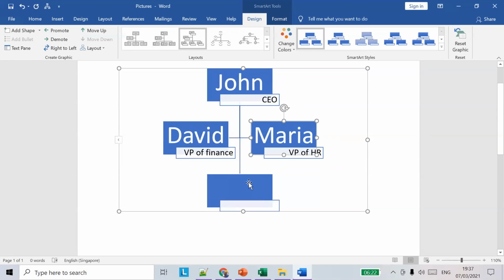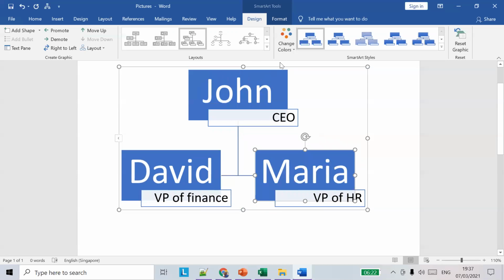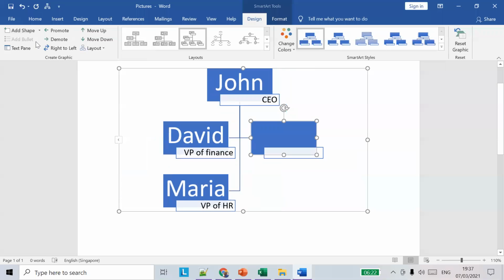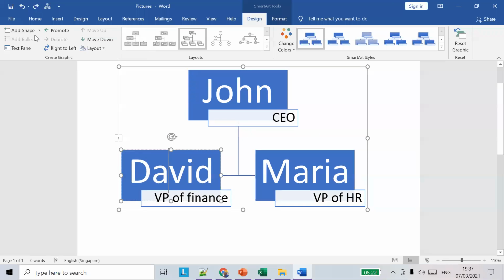So I click on David and I add a shape, add assistant.